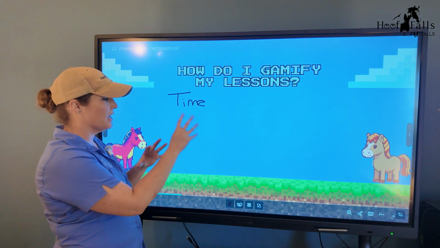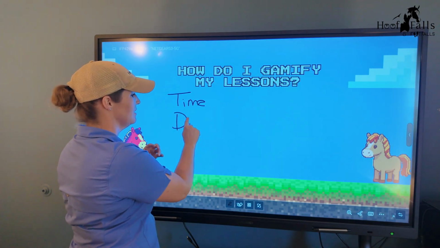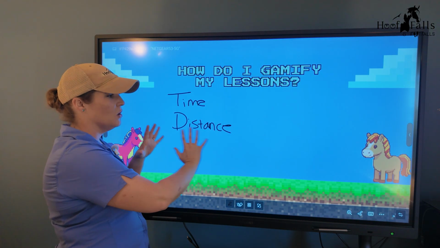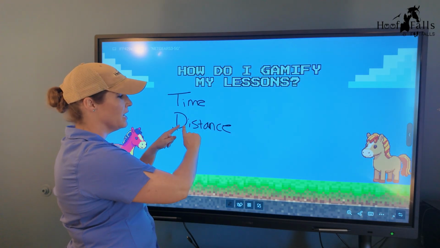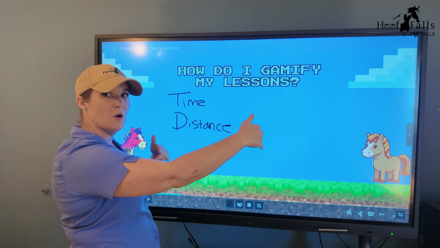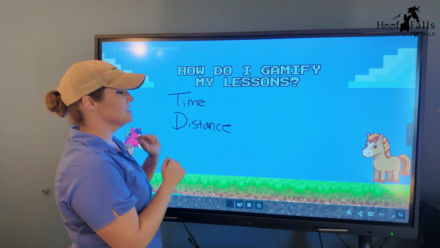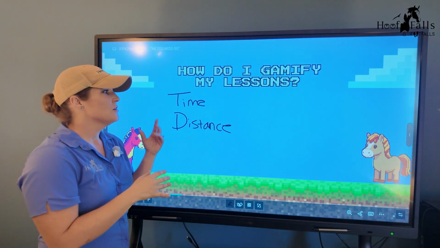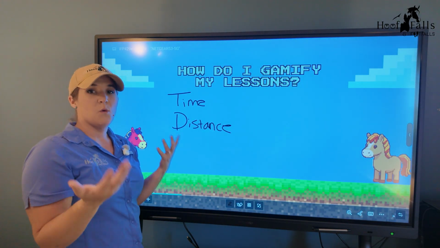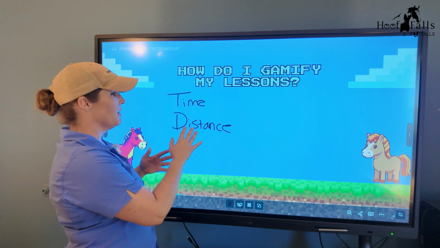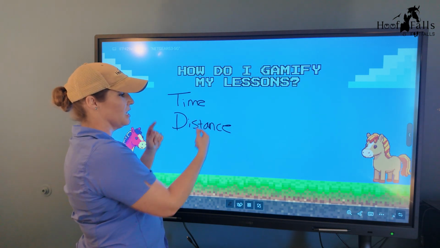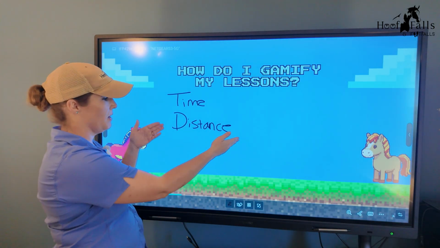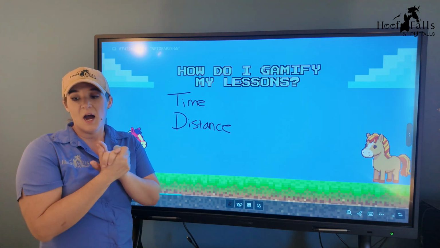Time can also roll into distance. So how long can they hold 2-point? Maybe it's a distance marker from cone A to cone B. Maybe it's a time of holding our 2-point from 5 seconds to 10 seconds. So those depend on what your arena setup is. If you don't have anything set up, you can definitely do time. And if you do have something set up, you might want to go with the distance one.